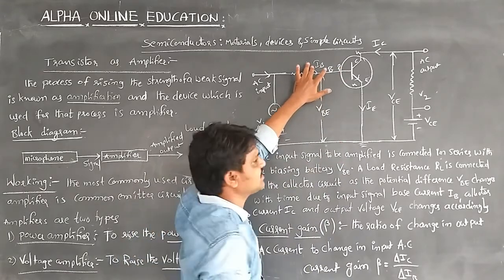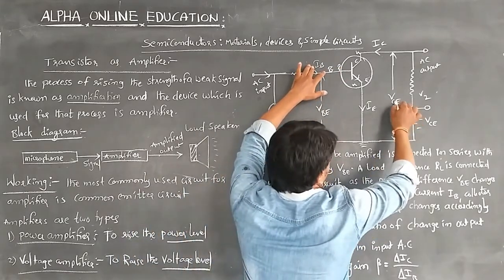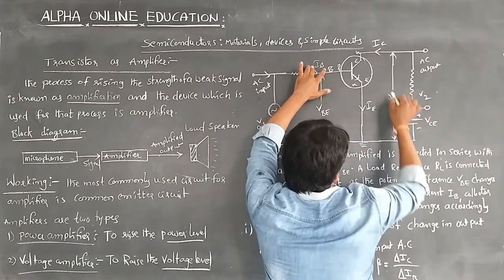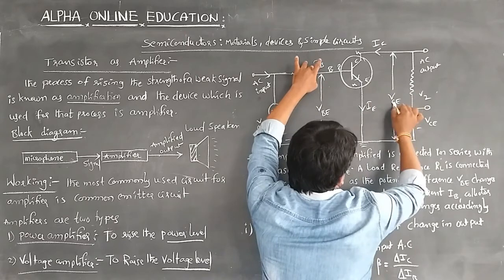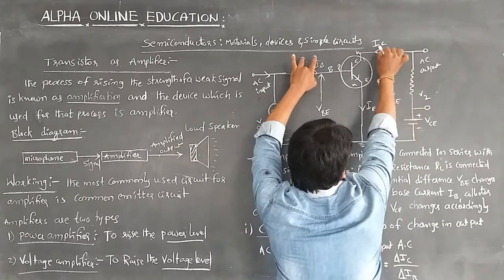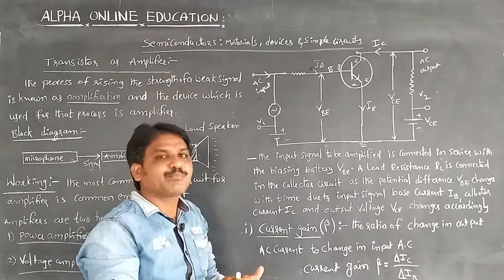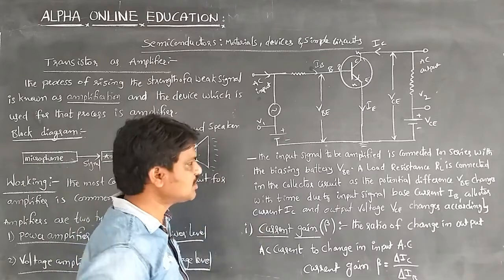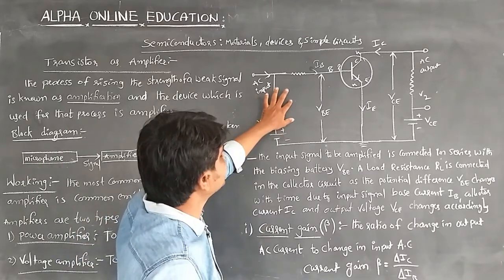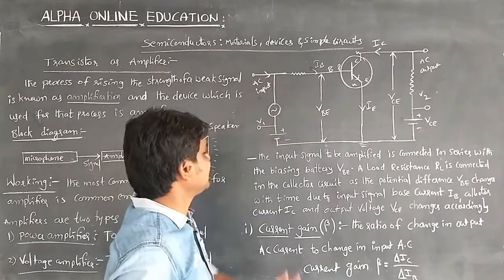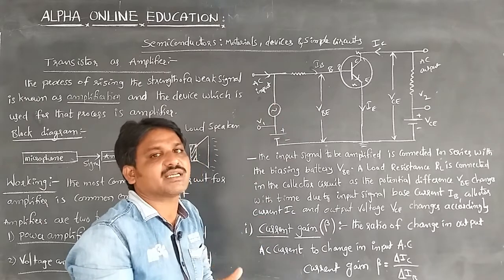we already drew the graph between VC and IC by changing the fixed value of IB. We can change VC, and by that we can measure the collector current in the circuit. So the input signal to be amplified, the AC input which we are giving, is connected in series